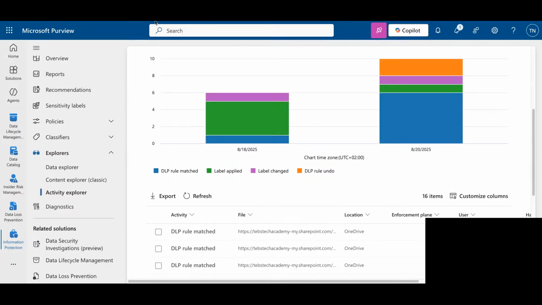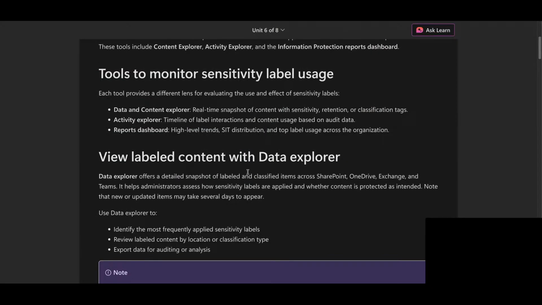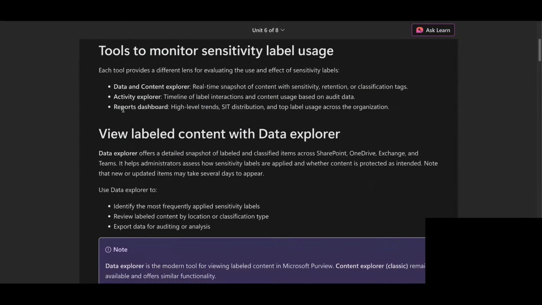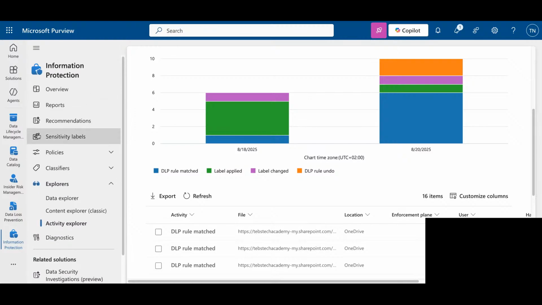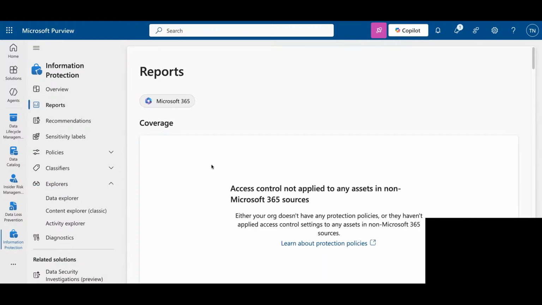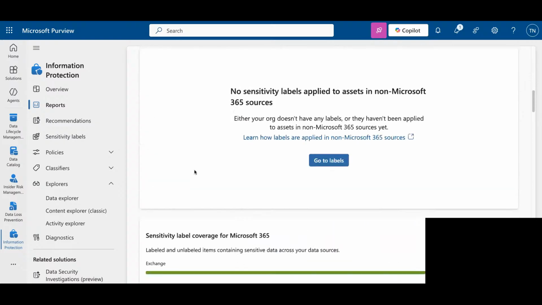Okay, now let's go back. And then this one, the reports dashboard. This is a high level dashboard. Basically, it provides an overview of the top labels that are used across the organization. Let me go back and show you exactly what they're referring to. You just come here and click on reports. Then if I scroll down,